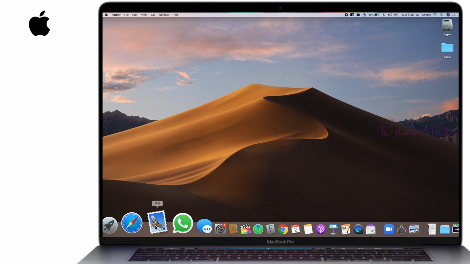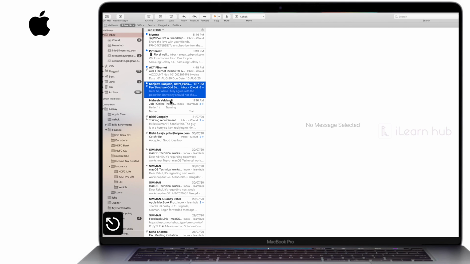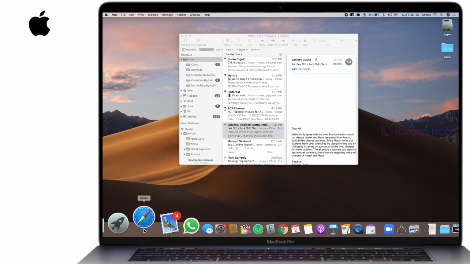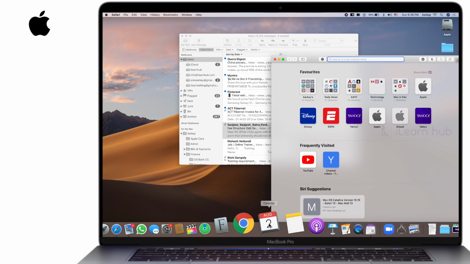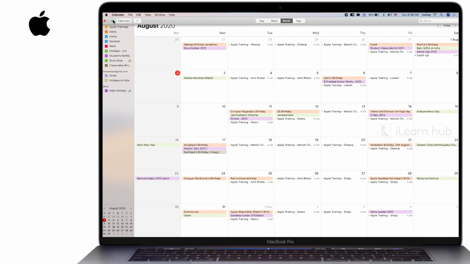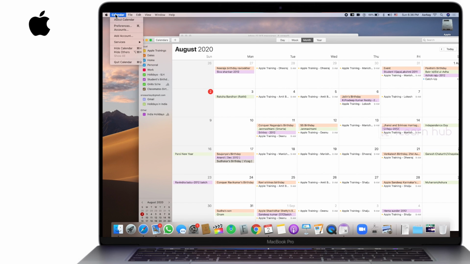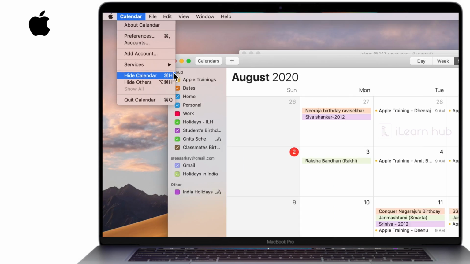Now another one. Open Mail, and escape to come out of the full screen, and open Safari and open Calendar. Like that, multiple applications I opened. By default all my applications go into full screen mode. Now if you go here to Calendar, normally you will see hide Calendar, but I don't want to hide Calendar.